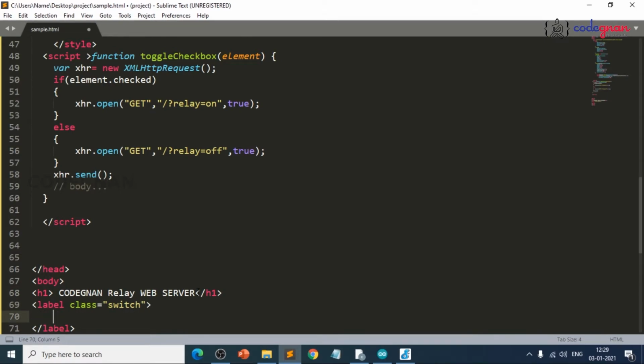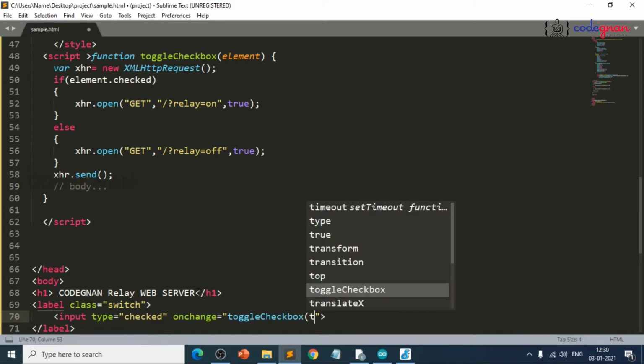After that, input tag, input type equals checkbox, and we can write name, or we can go with an onchange function here. Onchange, so there should not be a space here. Onchange equals toggle checkbox of this.